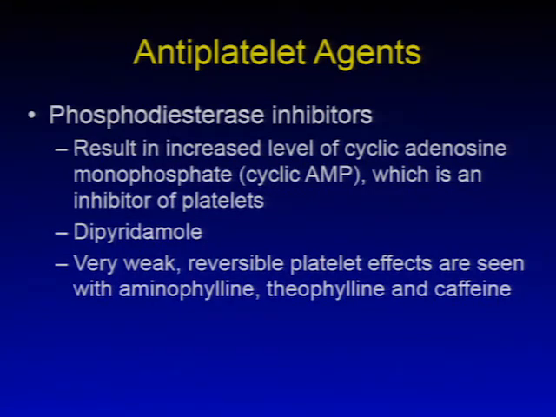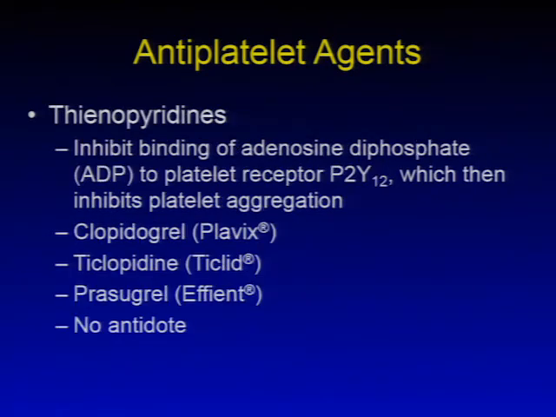Phosphodiesterase inhibitors will result in increased levels of cyclic AMP, which is an inhibitor of platelets. Dipyridamole is the prototypical agent in this category. Very weak reversible platelet effects are also seen with aminophylline by this mechanism, as well as theophylline and caffeine. All right,